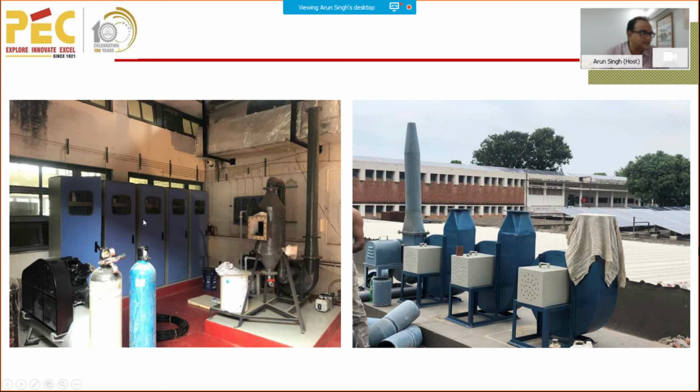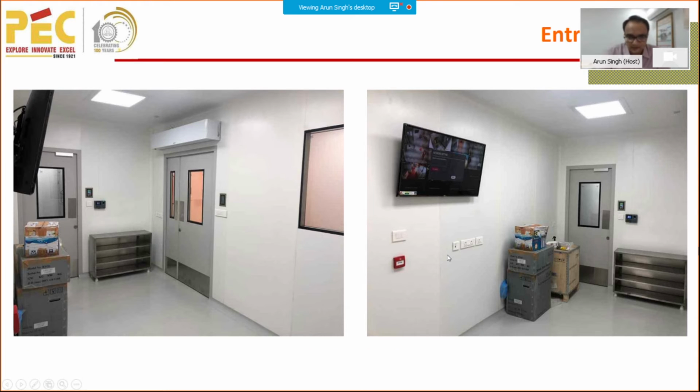On the left side, you can see the gas cabinets where you will be putting your process gases, and there is another thing called a scrubber. We use the scrubber to treat toxic gases which are being released from the equipment, and they will be dissolved in the water, and the remaining is to be exhausted in the air. So at the roof, we have this type of exhaust setup from where we will be releasing the undesired gases into the atmosphere, which will be coming out of the water treatment.